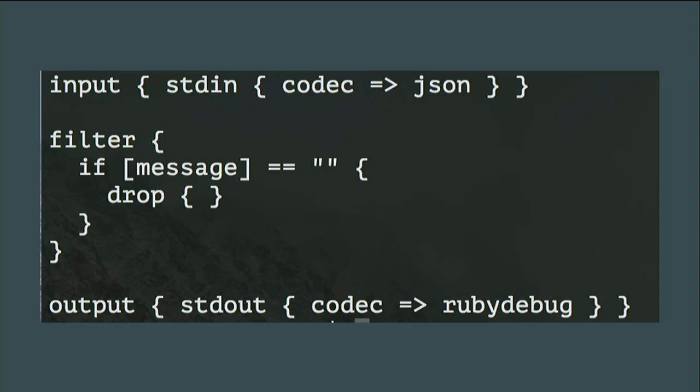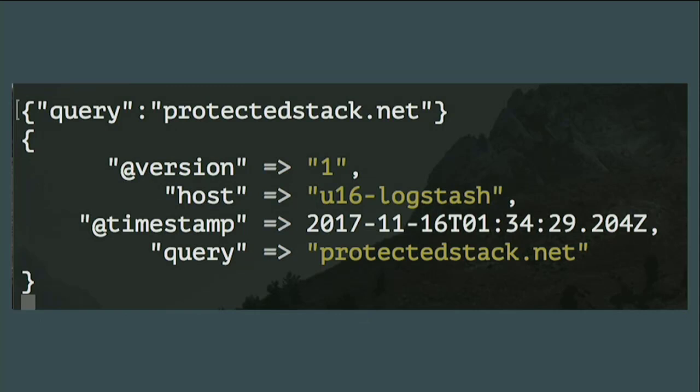So I want to parse that out. Now I'm going to modify, and I'm going to say, okay, I want to read in from my keyboard, but I'm going to read in JSON. Okay, small change. Now I give it my object, and it says, oh, I have a field of query, and it has a value of protectedstack.net. Is that more useful to me? Is it more useful for me to say, I only want to look for query protectedstack versus just protectedstack and have it churn and churn and churn, reading all my data for stuff that may not have a query field? It's useful for me.